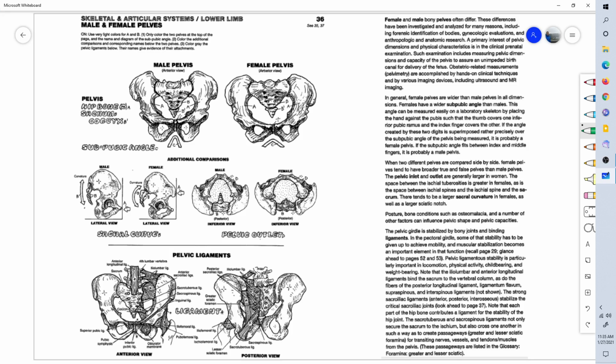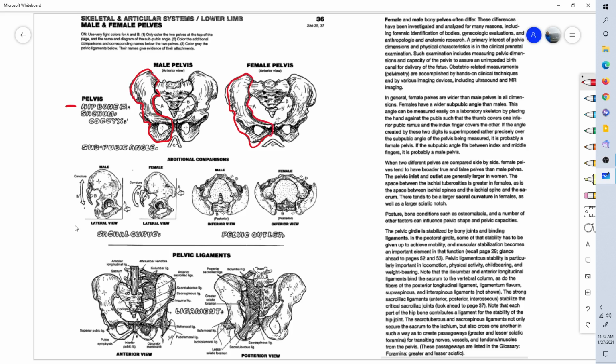Male and female pelvises differ. Let's look at some of these differences. First, we have here, of course, the hip bone or the pelvic bone. That's the right, so we're looking at it from the front. And that's on the male, and here's the female